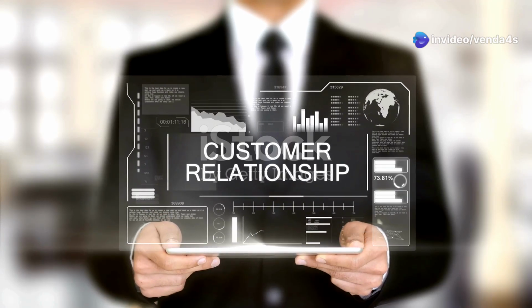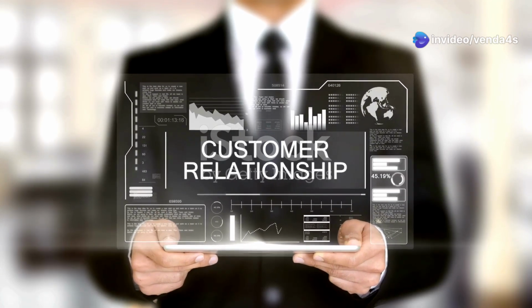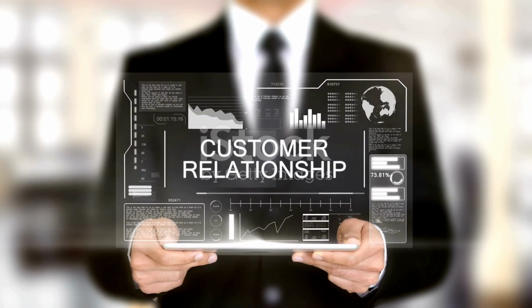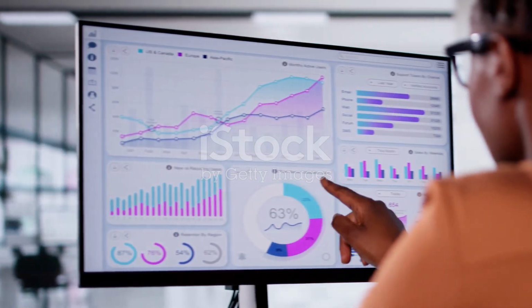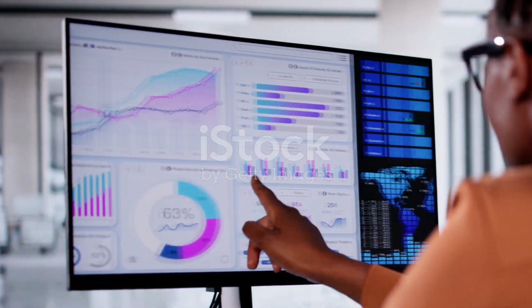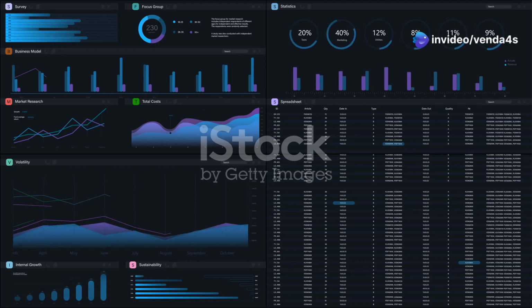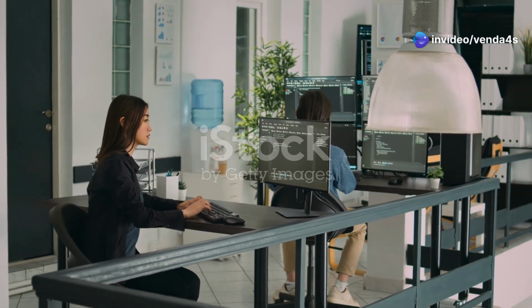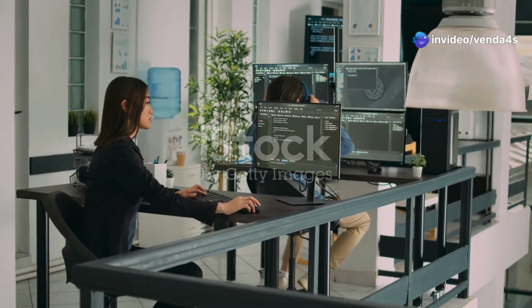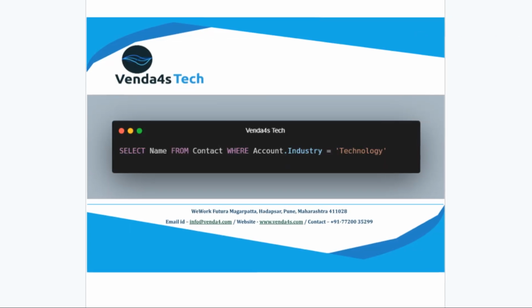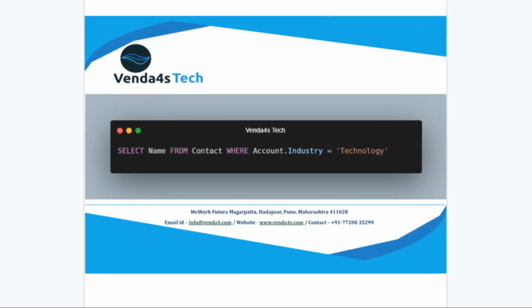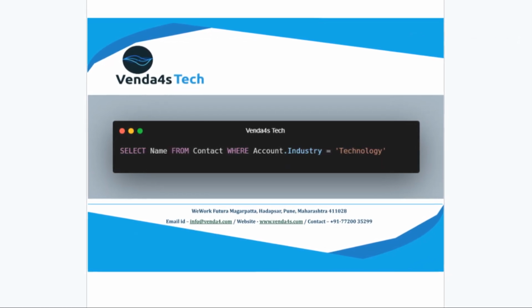One of SOQL's strengths is its ability to handle relationships between different objects in Salesforce. Let's say you want to find all opportunities related to accounts in a specific industry. SOQL can navigate these relationships with ease. You can use relationship queries to traverse from an object to its related objects. For instance, to get the names of all contacts associated with accounts in the technology industry, you would use a